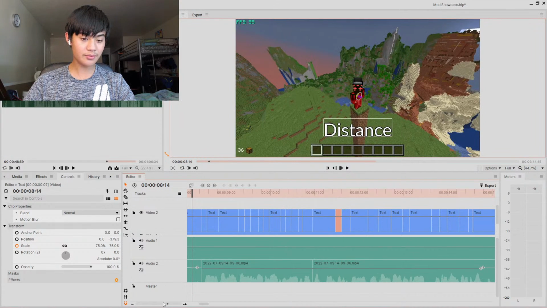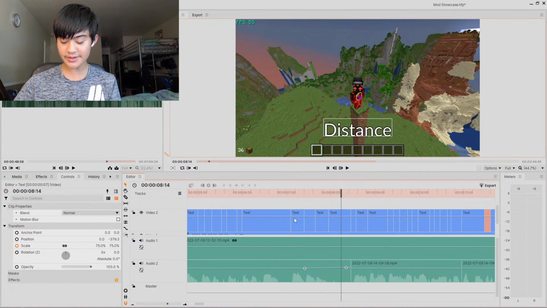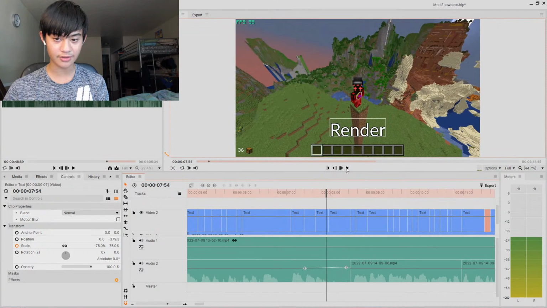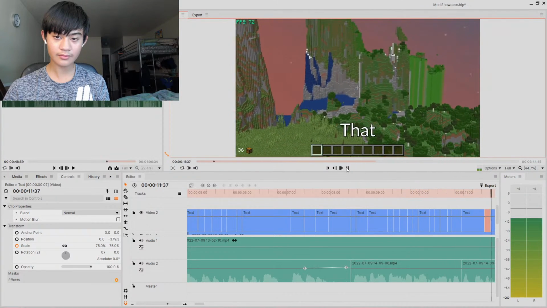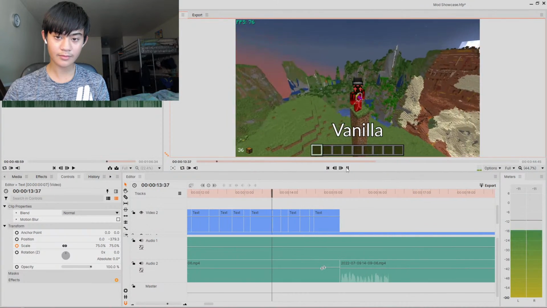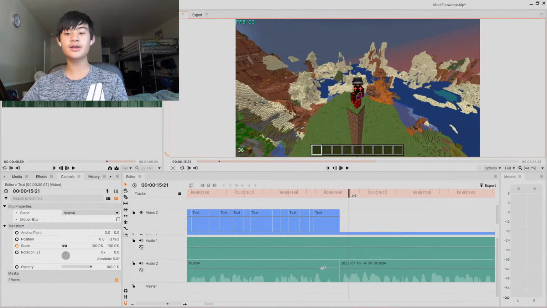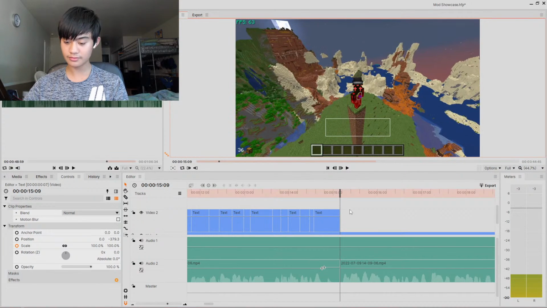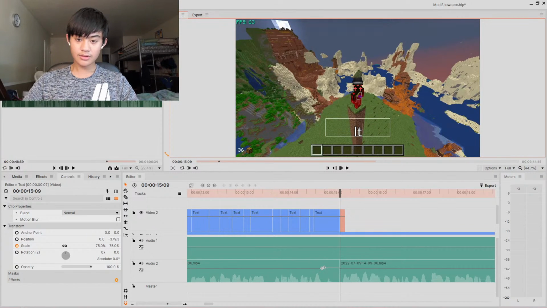Now here's a little debate that I had a little bit. Like the pop-in is kind of jarring, but I don't know. I just kept it in, I guess. I feel like it's kind of cool. Distance. In this video, I'm going to show you the mods that you need to get FPS that is literally 4 times better than vanilla and 2 times better than Optifine. As well, I feel like the jumpiness gives it a little bit of life, you know? What else? As well,